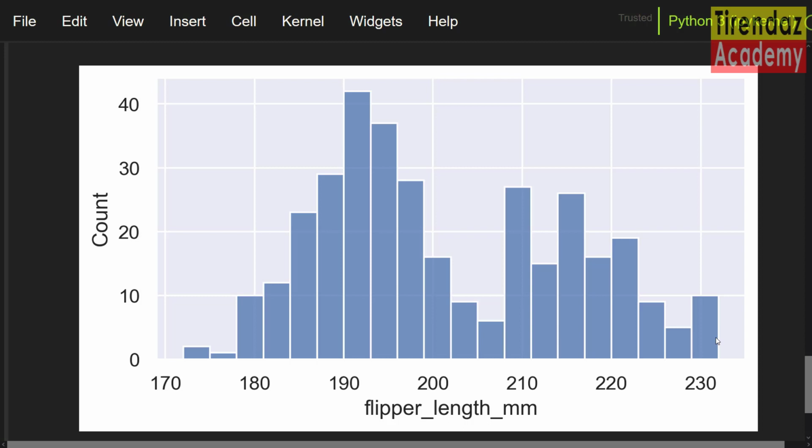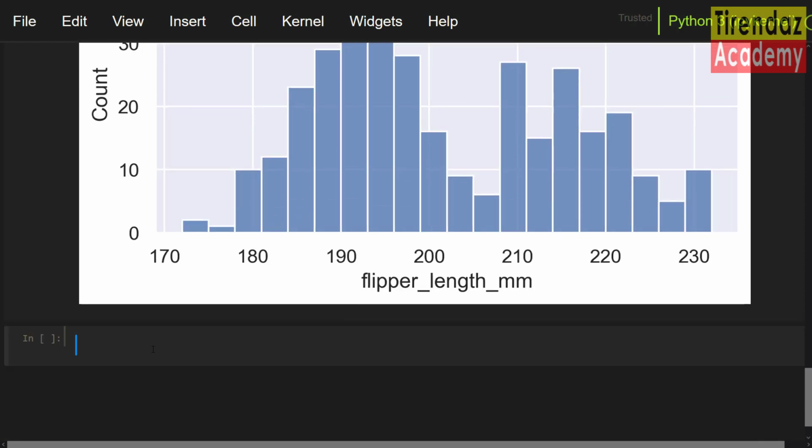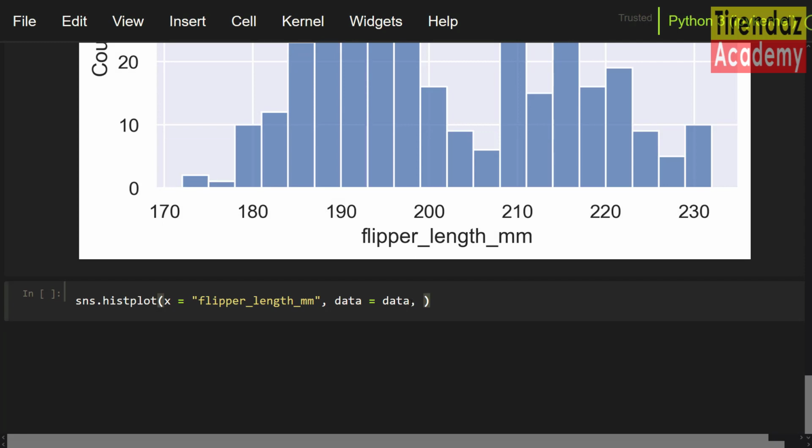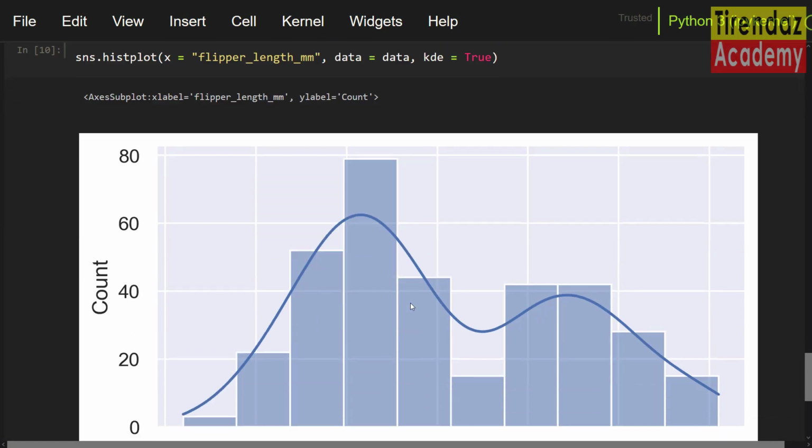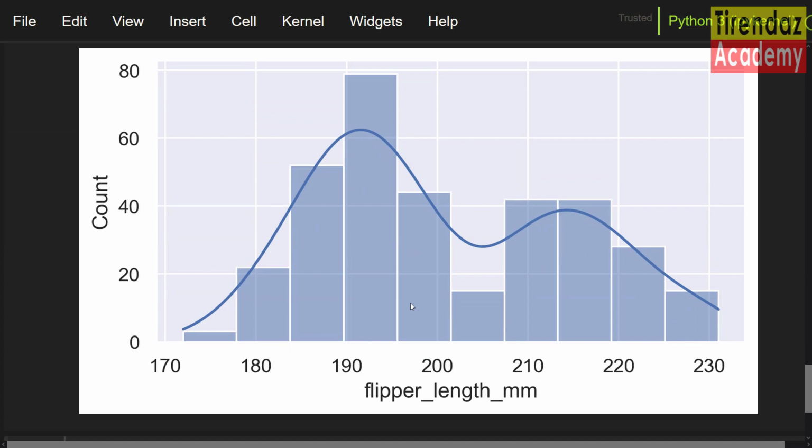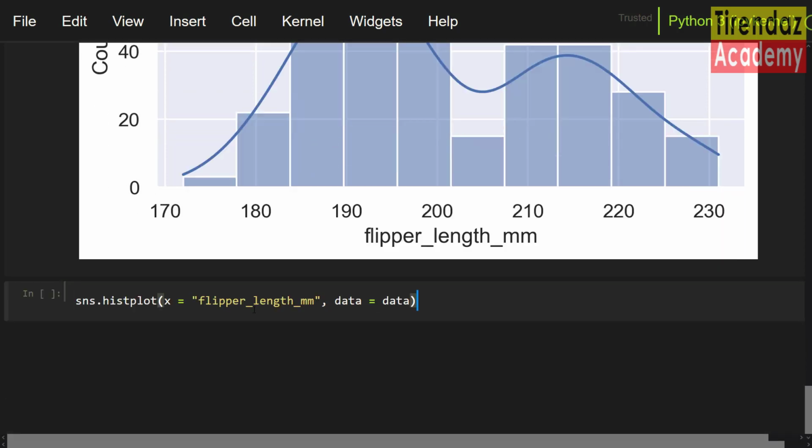If you want, you can add the probability distribution curve to the histogram plot. Let's use the kde parameter for this. I'm gonna use the previous code. Let me paste here this code and then kde=True. Here you go. As you can see, we have added a probability distribution curve to the histogram. Let's use the hue parameter to see the histogram of categories. Let me paste this code here and then I'm gonna set hue equal species.